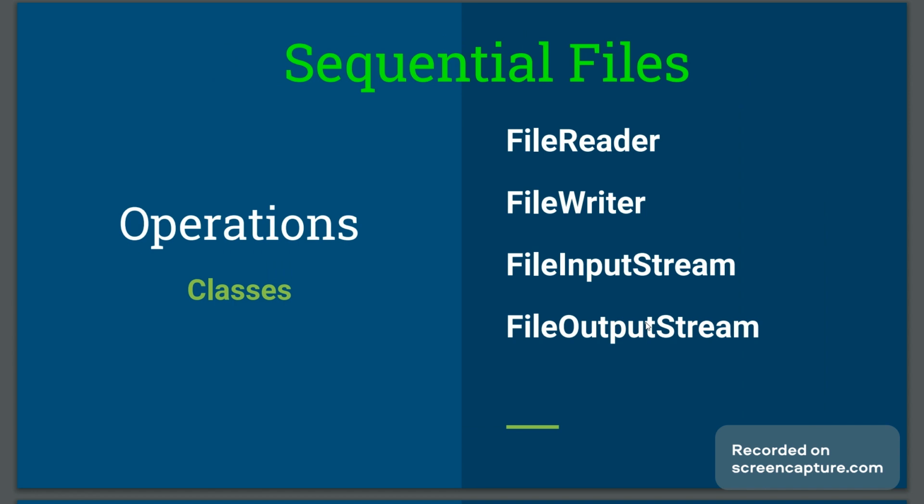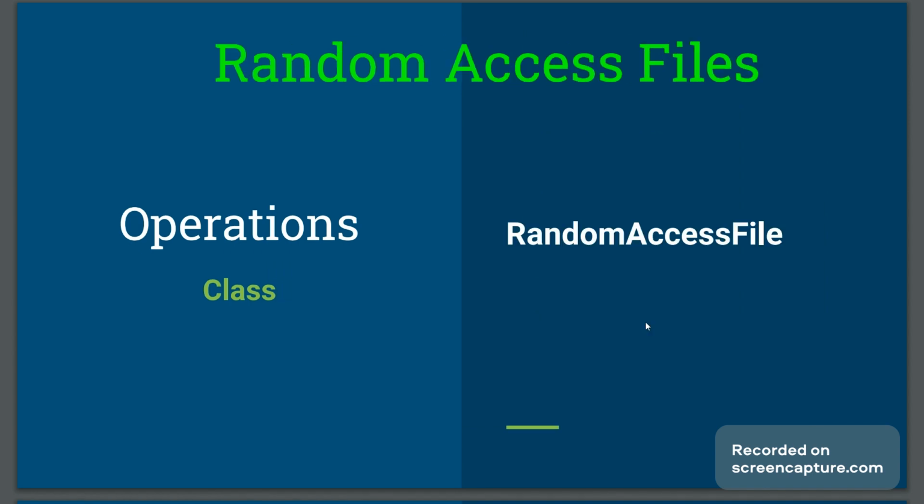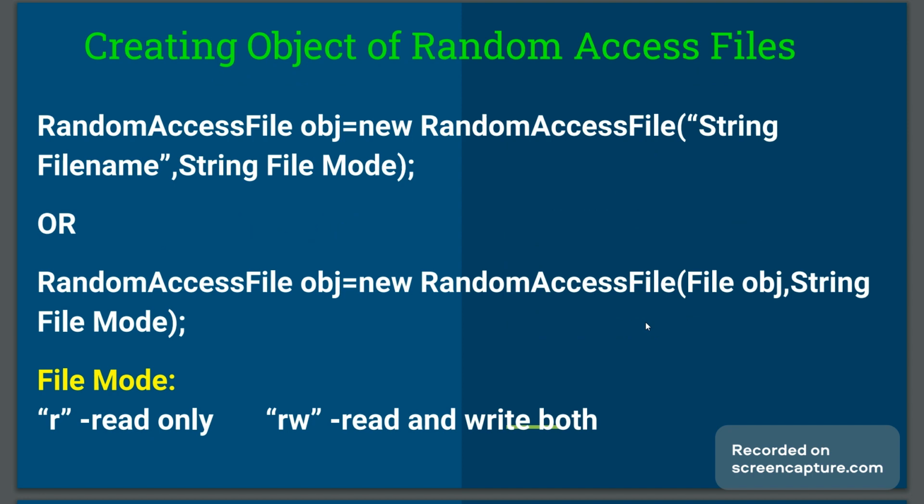Now for creating a random access file, we have to create an object of RandomAccessFile in Java. So how can that object be created? RandomAccessFile object name is equal to new RandomAccessFile. In brackets, we have to give the file name, or we can give an object of the File class, and the second parameter is the file mode. The file mode can be r for reading only